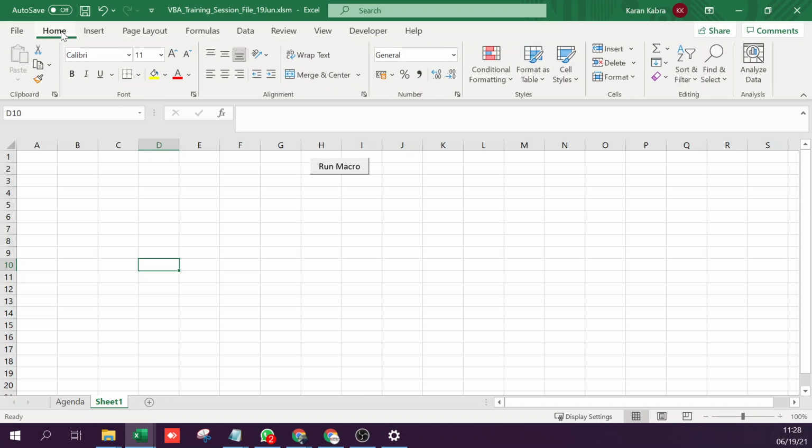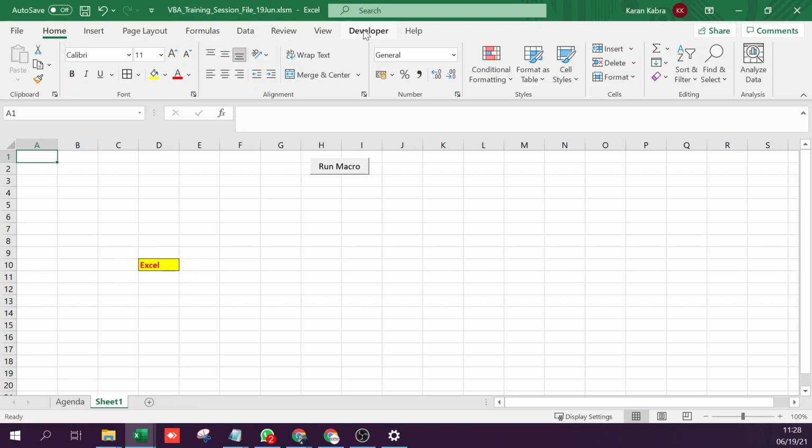Okay, and let me try to do something. First, I'll write something: Excel. Then I will color this. I'll give a background color and a font color. I'll make it bold. Maybe even give borders. Right? This is what I've done. And the code for performing all these operations might have got recorded somewhere.